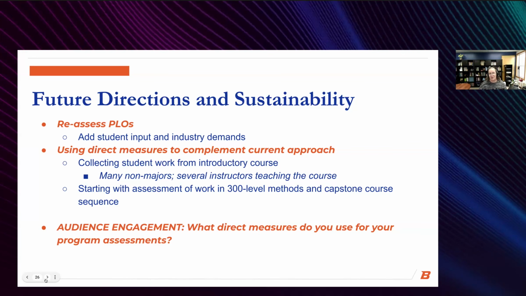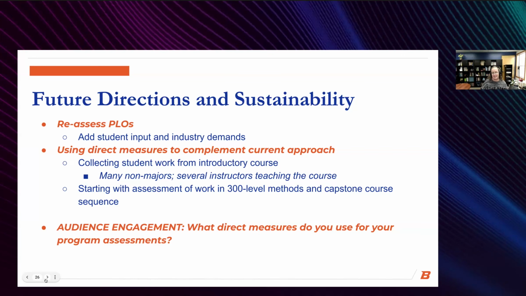Now, importantly, only about 10% of the students in our introductory course are linguistics majors. So we've been reticent to do an assessment of program learning outcomes in that course, but it's been suggested to us that introducing students, even in the introductory course, to our program learning outcomes could be a good recruitment tool for our major. If they see, oh, by the time I graduate, if I change to this major, I can accomplish all these things. So those are our ideas